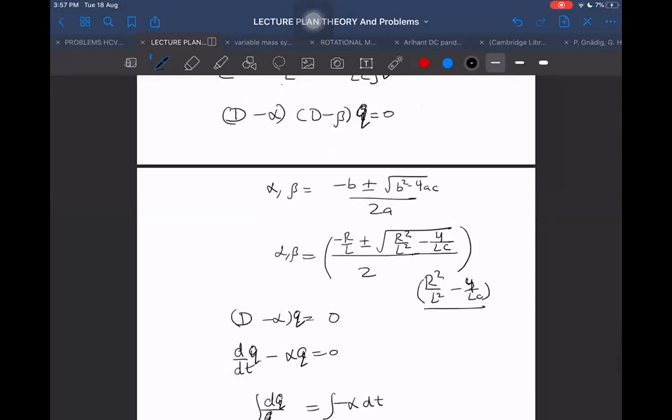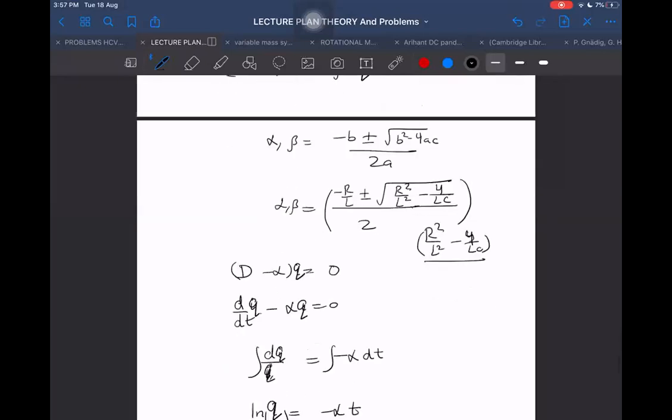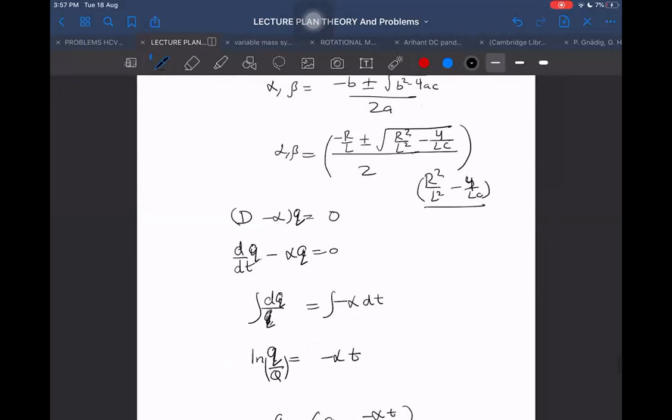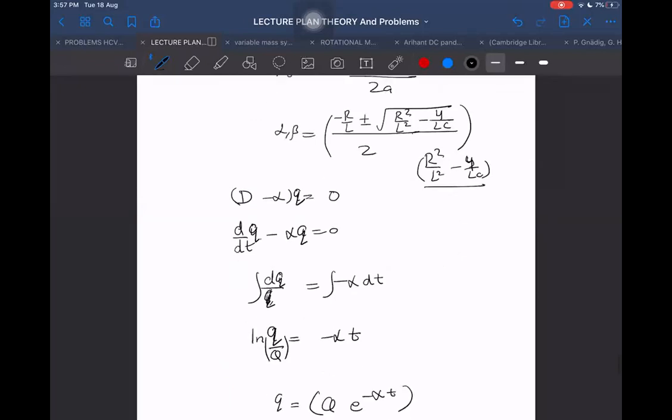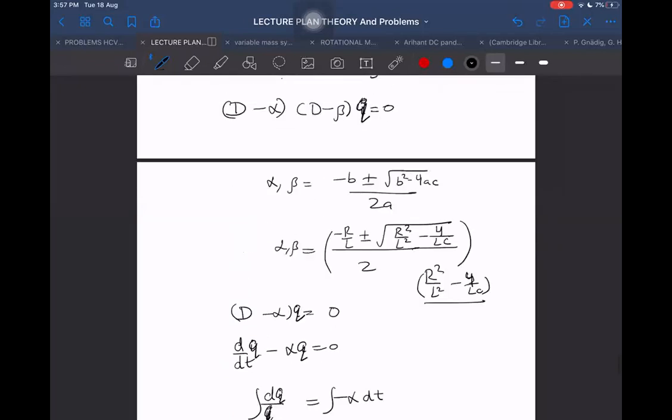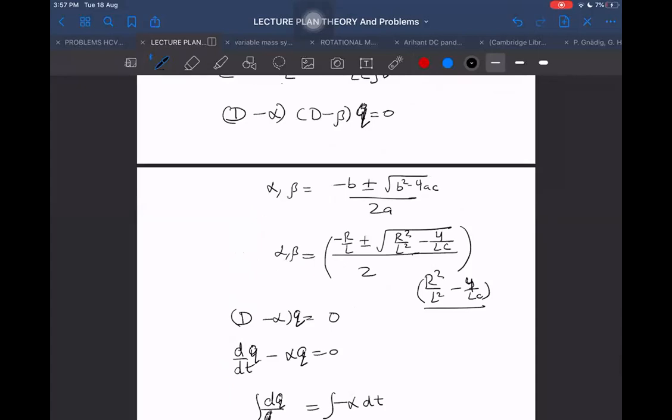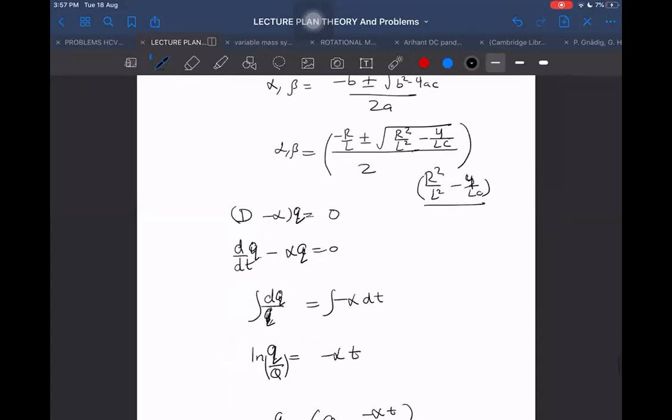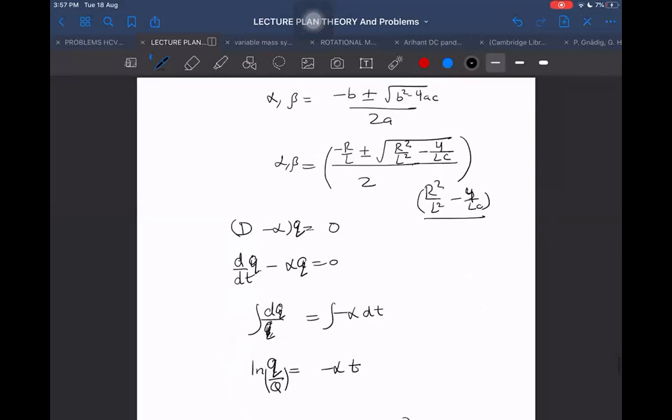No, I understood what you are saying. Everything is right. It is negative only, but I have made a mistake in just saying this thing, that alpha